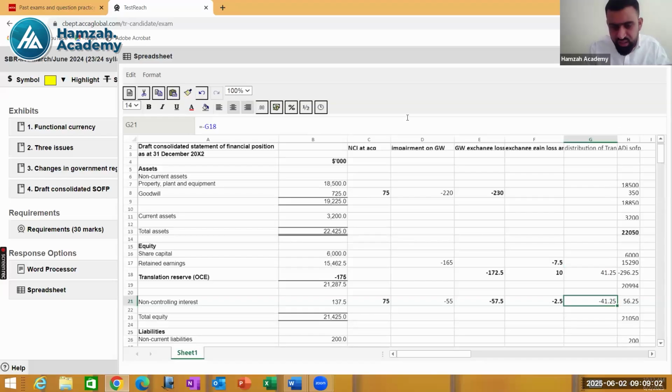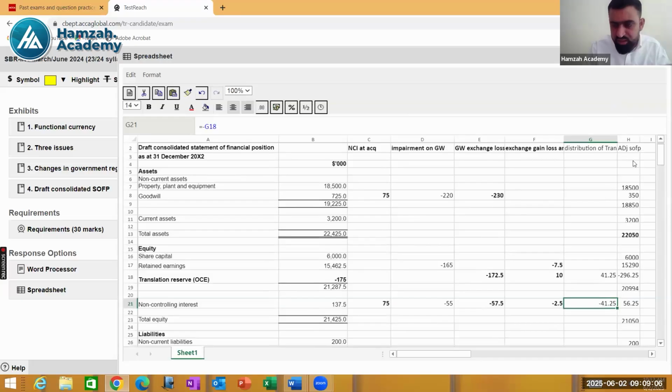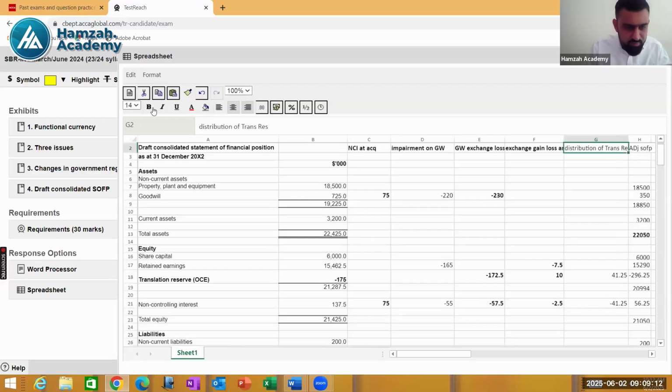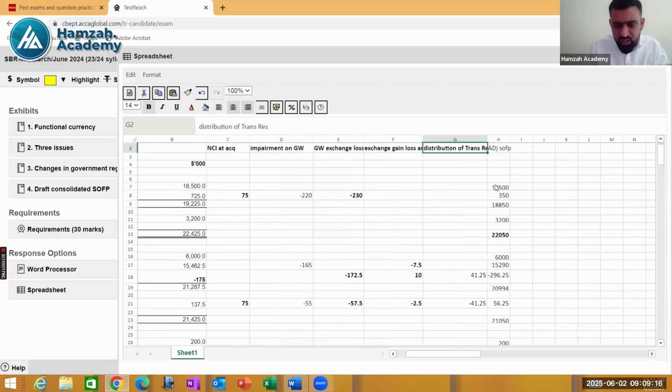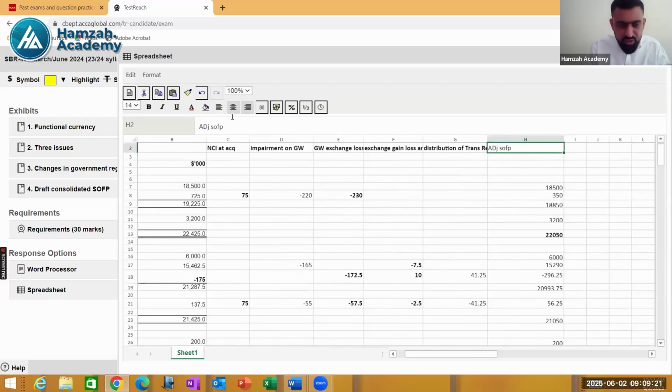Debited in NCI. And now, after adjusting all these values, you have the final column in which you have the adjusted statement of